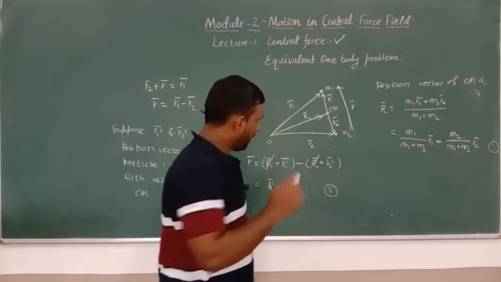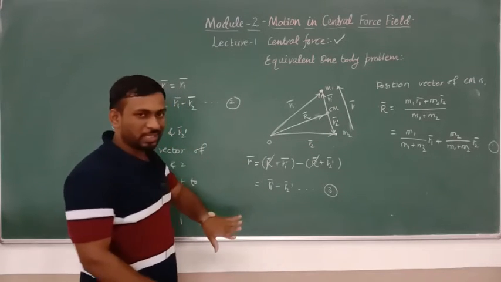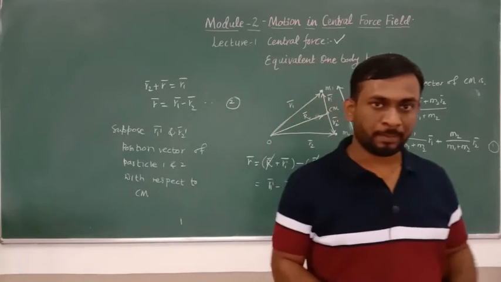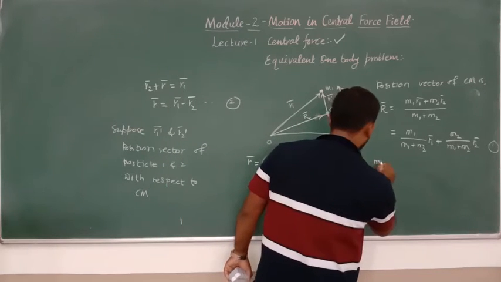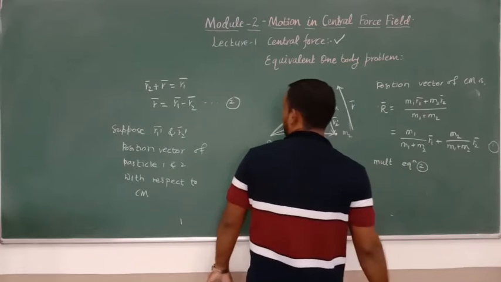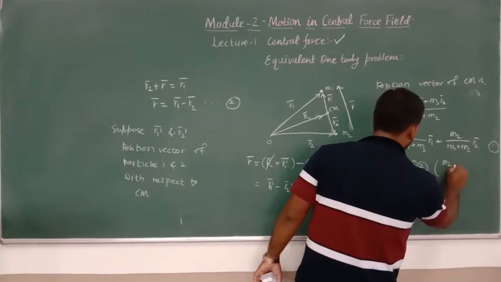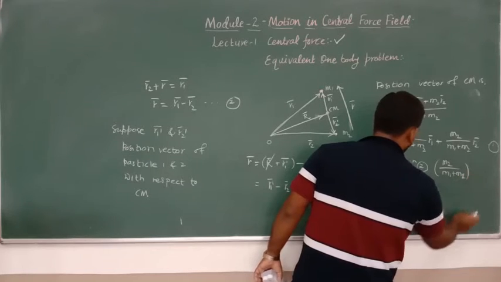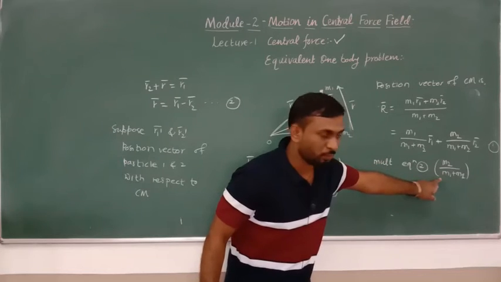Okay, so if we consider equation number 1 and equation number 2, we make a certain arrangement so that we can represent these r in terms of the single masses. Multiply equation 2 by m2 upon m1 plus m2. So if you multiply equation number 2 with the m2 upon m1 plus m2 value,